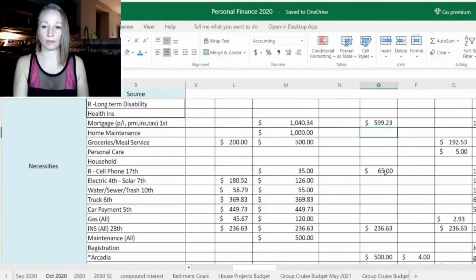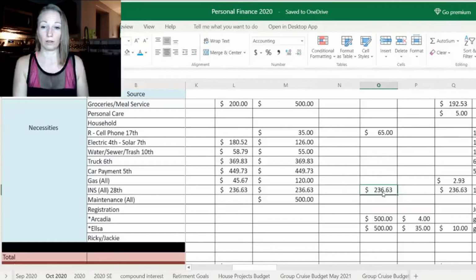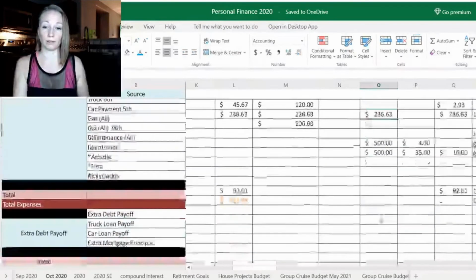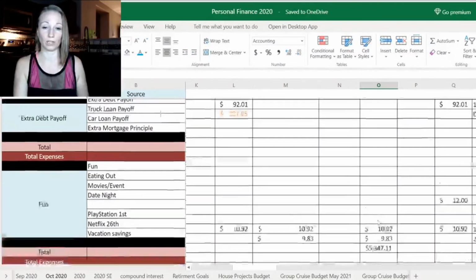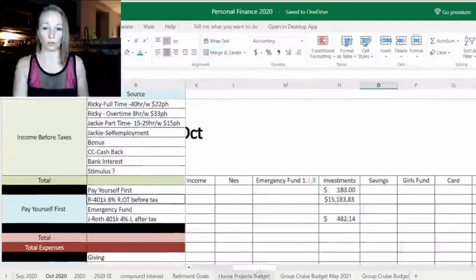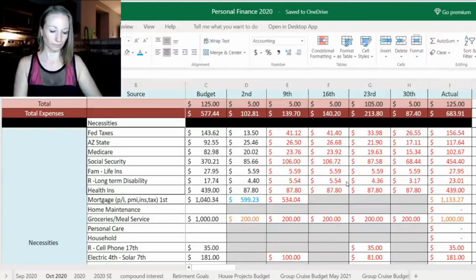I have our cell phone bills for the 17th. The money's in there. I have our insurance payment now for the next week. I have the girls' money, and we have these bills, and then we have our vacation fund in there. So that's kind of where I've already moved everything around. So we have our $5.99.23. So out of this next one, we're going to need